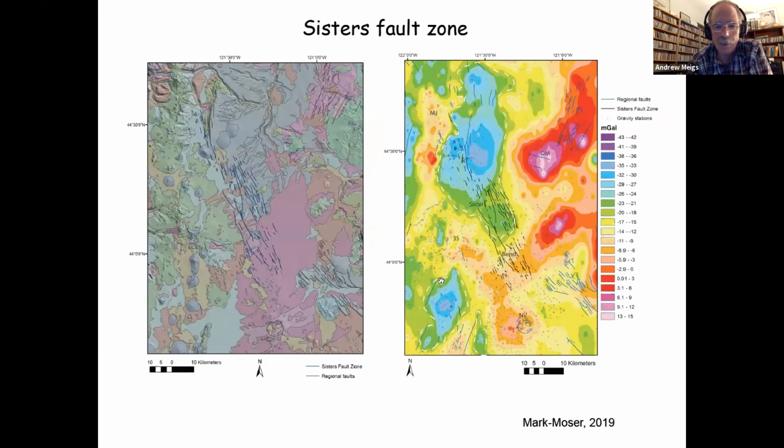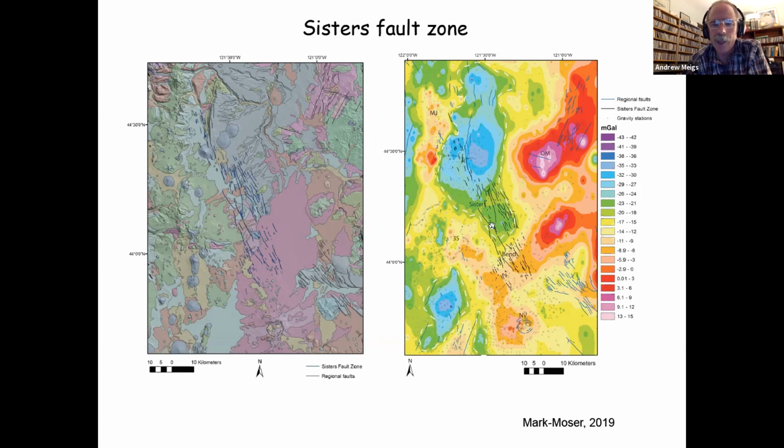As you continue north from Newberry, here's Newberry down over here in a geologic map. It's well known that the Sisters Fault Zone has a strongly north-northwest trend and extends right down through and includes the Lava Butte volcanic center where it crosses Highway 99. But the fault zone, like the Walker Rim Fault Zone, disappears when you come underneath the flank of Newberry, emerges, and then projects to the north up towards Black Butte and then up towards the Mount Jefferson area,